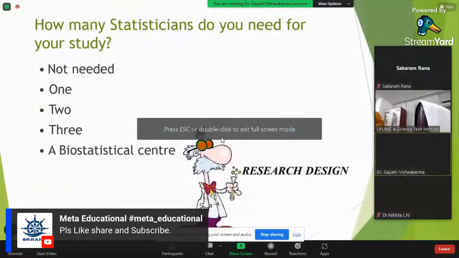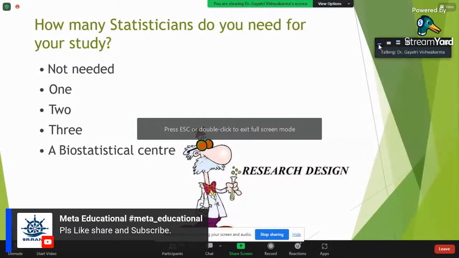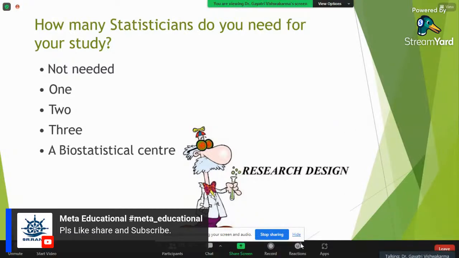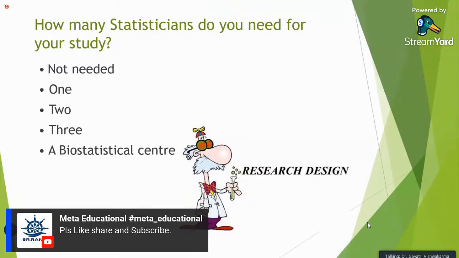Statistician and independent statistician. The trial statistician is involved in the trial from the beginning to the end of the study, right? While the independent statistician is responsible for generating the blinded codes, and that has to be from a different institute. And the biostatistical center, if you are doing some multi-centric study,